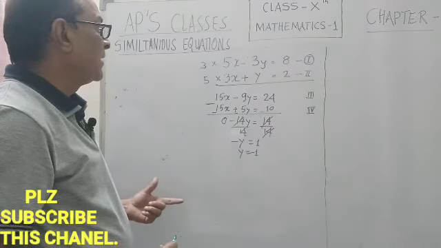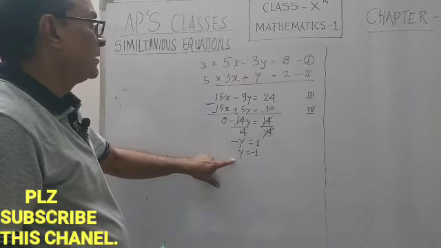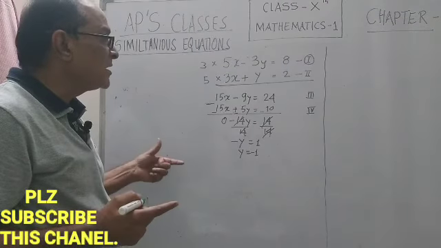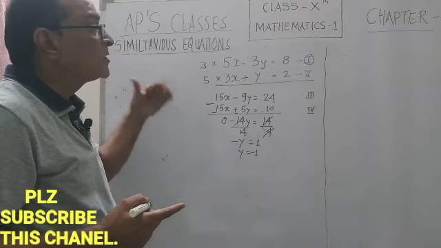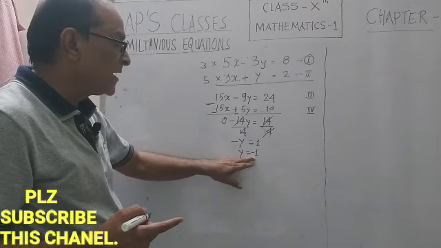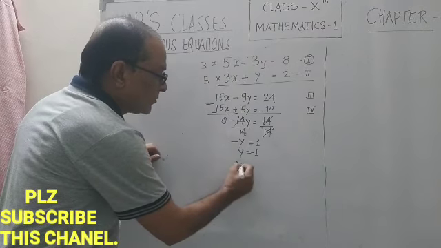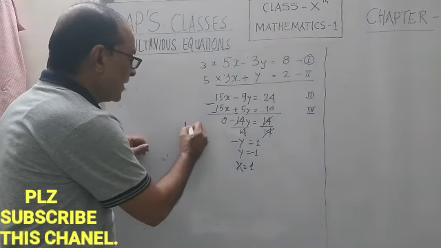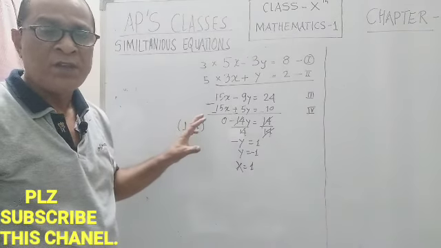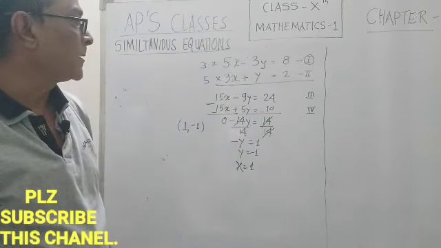So what I mean to say is, whatever you do, you will get the result, but you need to choose the right and easiest way. And the easiest way in this example was the previous one. If you calculated the value of y is equal to minus 1, put this value in any of the equations, you will get x is equal to 1 and your answer will be again 1, minus 1. Okay, this was the example shown in your book, and now we will go for the next procedure.